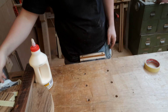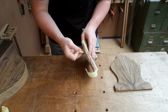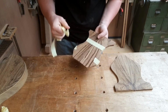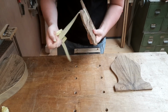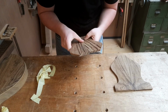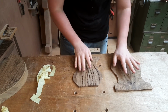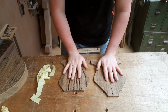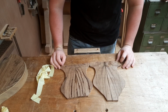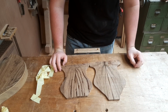Okay, so it is the next day. These have well and truly cured. Let's just get the tape off this one to see what it's like. This one came out absolutely perfectly. And this is our backup, or our secondary one. And it looks like this glue joint also came out perfectly. So to get these to the correct thickness, I'm going to attach them again to that sled kind of setup for the thickness planer and put them through until they're close to the thickness I need